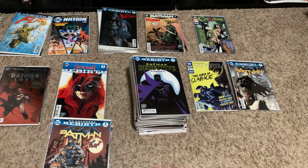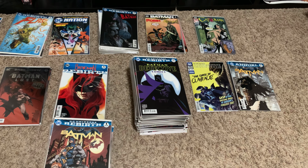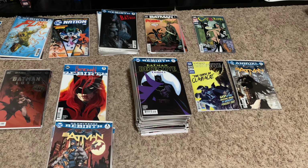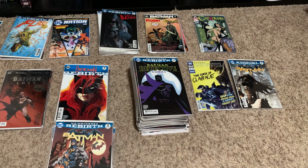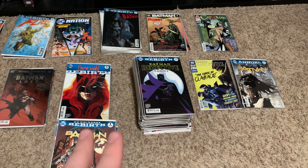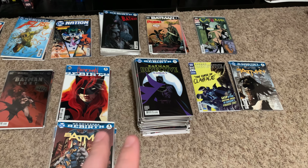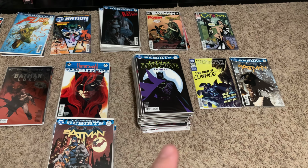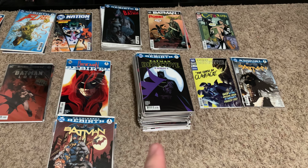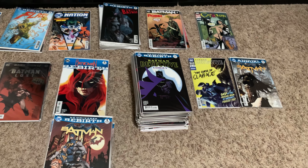So that's what I was really going for, and I got this amazing deal on this haul on eBay. You guys have no idea how good of a deal I got. I got over 150 issues here for well under $1 an issue, probably closer to 75 cents an issue. It's a steal. So I'm going to be getting all of those bound. I am going to be doing all of James Tynion's run on Detective in a bind. Then I'm going to collect